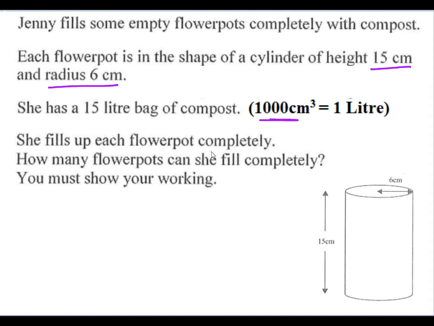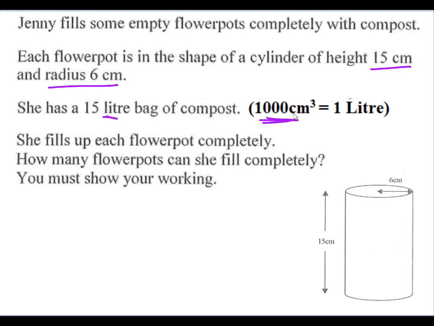She fills up each flower pot completely. How many flower pots can she fill completely? You must show your working out. So we have a difference in litres and centimetres that we'll need to resolve at some point. Because of the conversion, we have to do the conversion once we've worked out the volume of our cylinder in